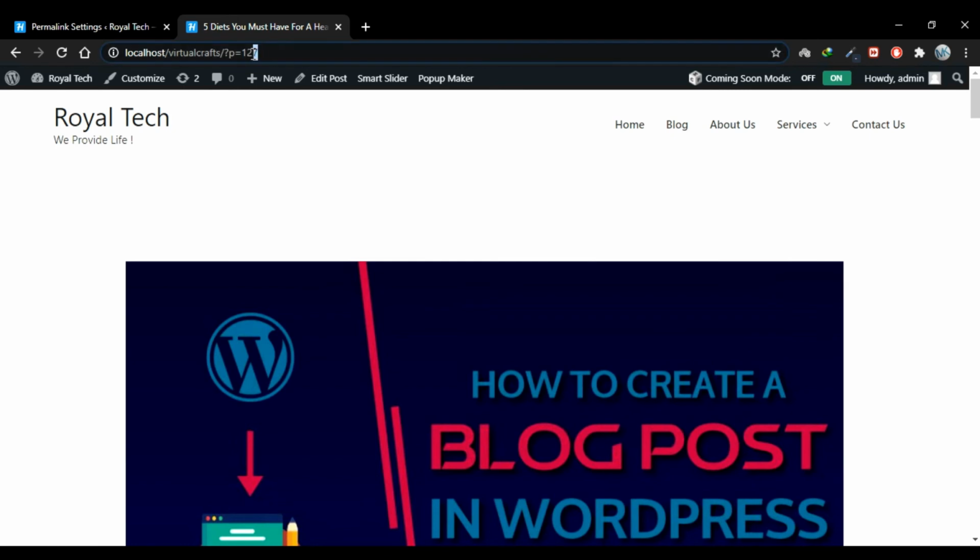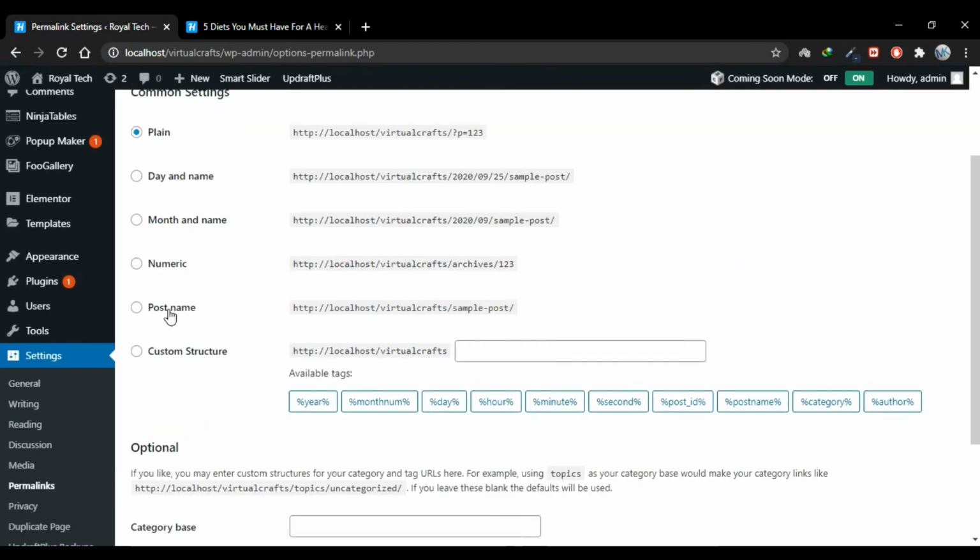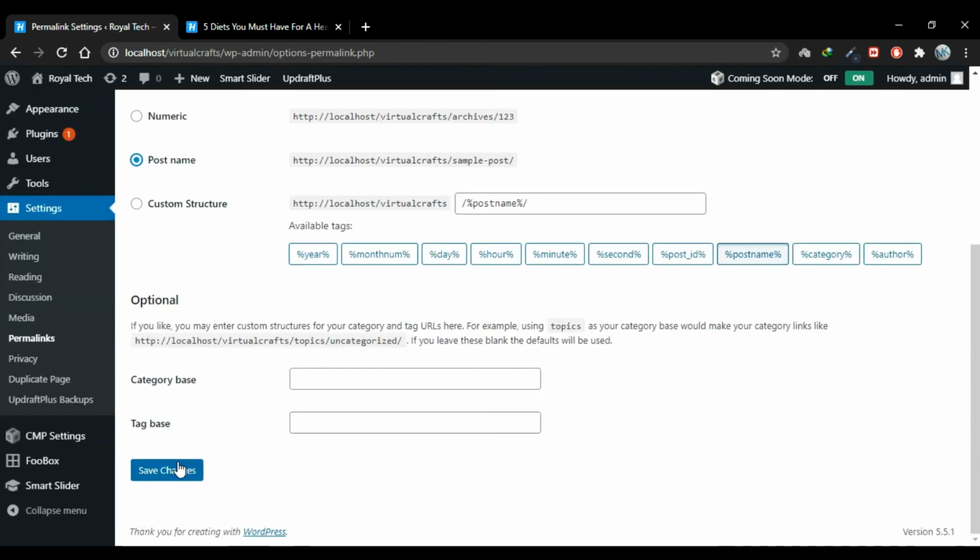Now this plain permalink structure is not recommended. It is impossible for a human to know which post is open right now. So keep your permalink structure to post name. That's the most simple and easy to understand permalink structure. So let's go to settings and change it to post name and click save changes.